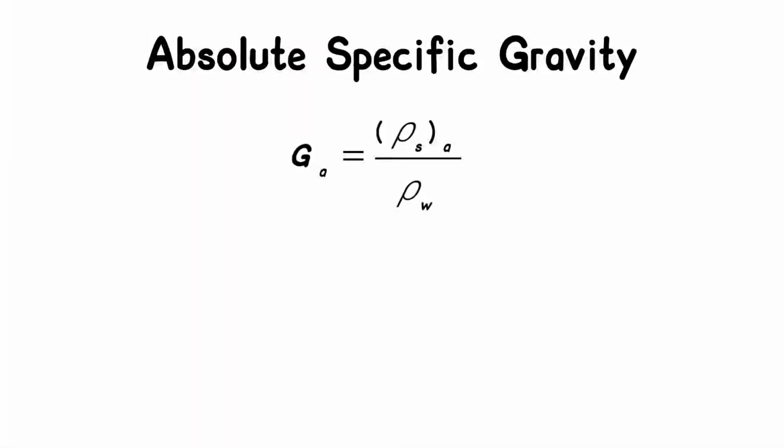You have another term called the absolute specific gravity. Very rarely we use that. It is denoted by the letter Ga. Ga is equal to rho SA divided by rho W. Here you are only taking the mass density of the solid particles only. That is, as I said, the soil is composed of solid soil particles plus water plus air. So when you are taking this absolute specific gravity, you are taking the mass density of only the solid part of the soil. That is, you are avoiding the voids completely.